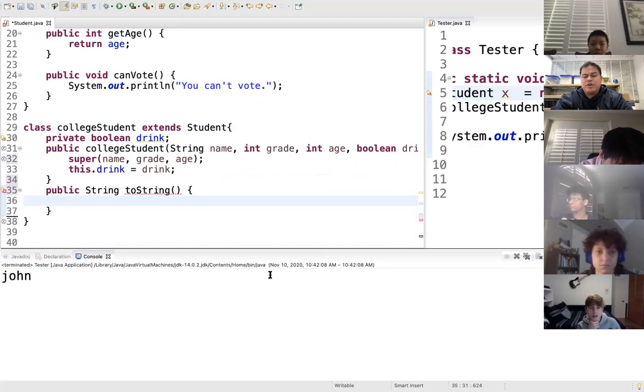One of the last things that we're going to cover today before we move back on to arrays is a little more inheritance. We're actually going to talk about inheritance a lot more, but right now we're just getting into the groove of things. So, class CollegeStudent. Let's make the toString. Return, and we're going to say name plus